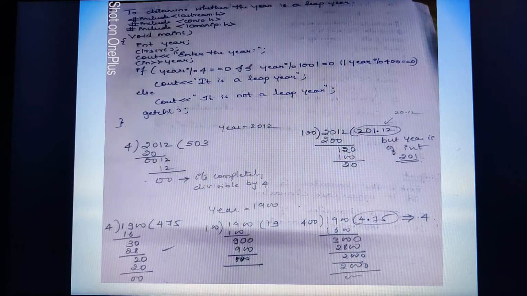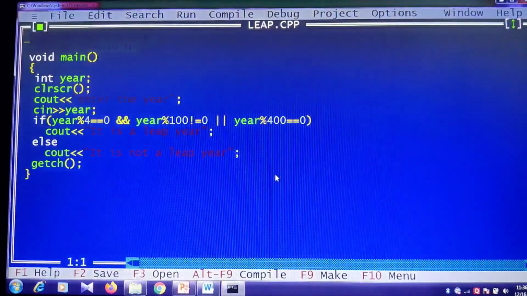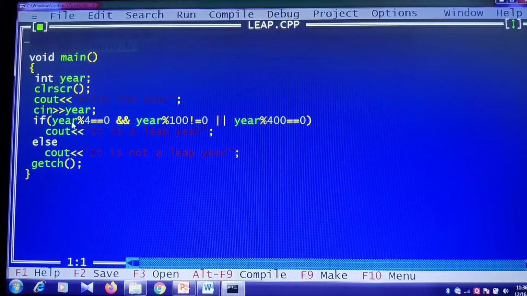Okay, now let me explain this with a programming example. I'll execute and show you. So this is a leap year program which I have written. Here, whatever year you give should be completely divisible by 4, that means the remainder should be equal to 0. Plus this is the AND operator, it should satisfy both. And the same year when you divide by 100, the remainder should not be equal to 0. So this is one complete condition. Or the year when you divide by 400 should be completely divisible, with remainder 0.